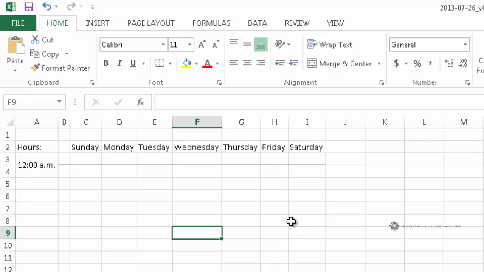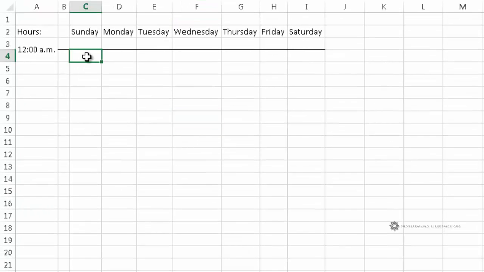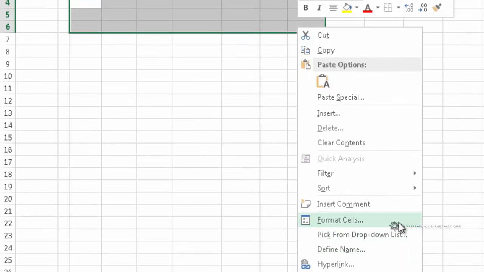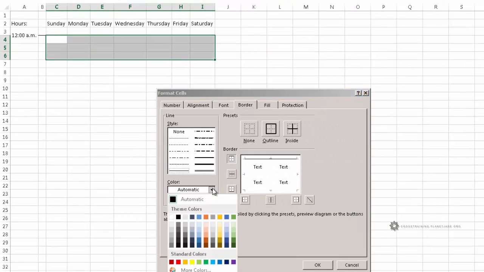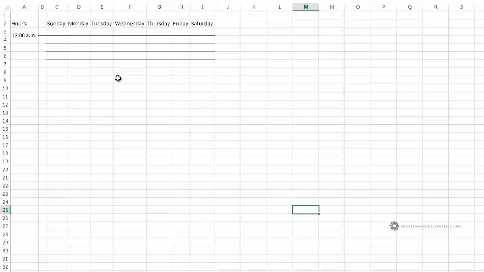timeline starts. So the other thing that I need to have is basically 15-minute segments here. So what I can do is use line hierarchy. So again, I'll highlight all of these. So this is the first 15 minutes, will be like 12:15 a.m., 12:30 a.m., 12:45. So right click here, go to Format Cells, and I'm going to make this maybe a gray color. Get the middle and the bottom. So that denotes my 15-minute segments,